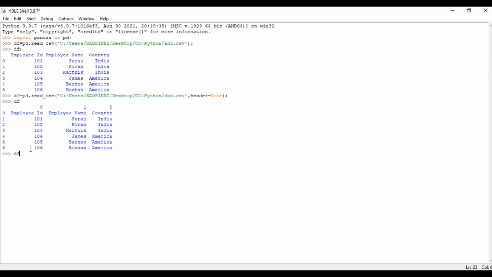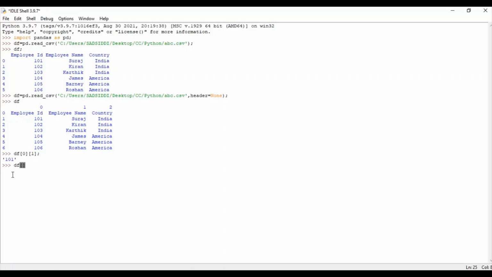Now if I write 0 comma 1, it will give me 101. Why? Because 0 means this column, and now the headers will be 0, 1 and 2. So the 0th column and the first row, so 101.